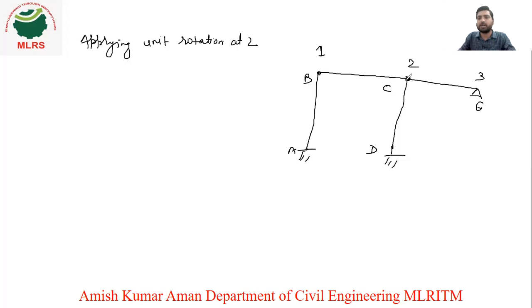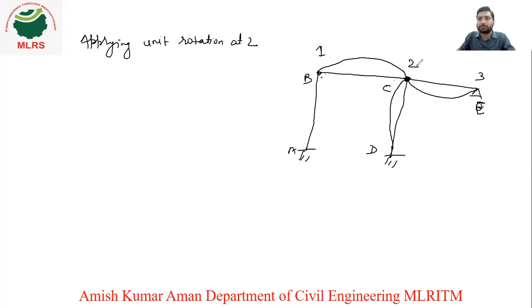What are those 3 members? Those 3 members are CB, CD and CE. So obviously the deflection will be in all 3 members because we are giving unit rotation at this second point. So deflection will be like this, right? This is your first member, this will be your second member, and this will be your third member. So there are 3 deflections here if we are applying unit rotation at 2. So what will happen now? For stiffness, see, 3 spans are there.